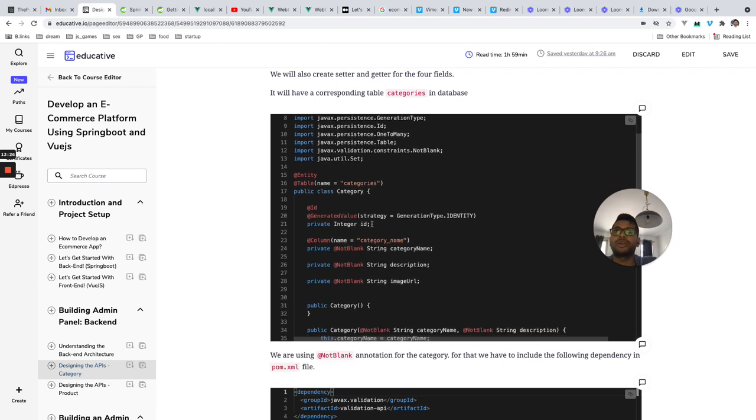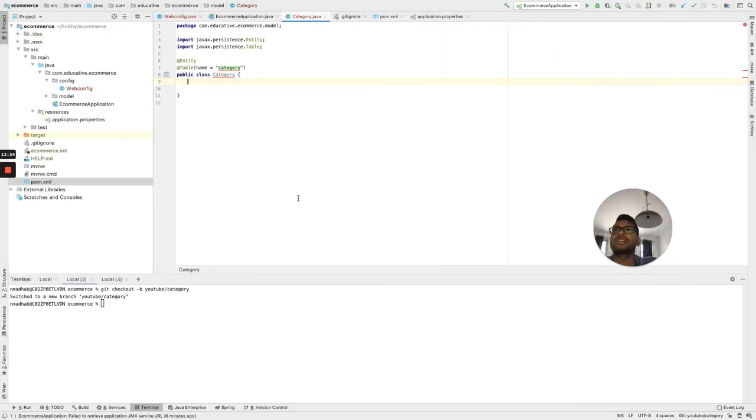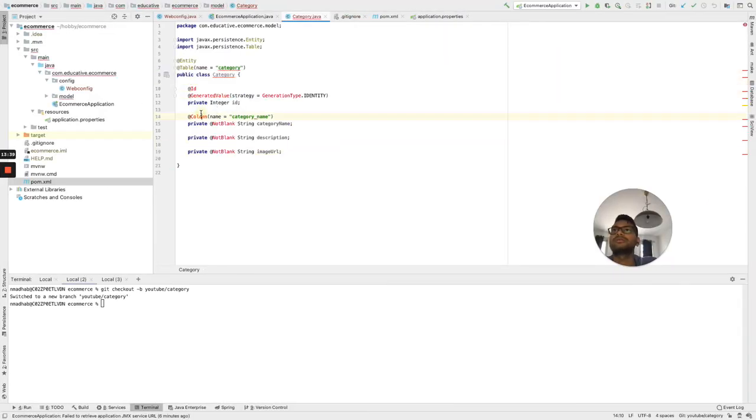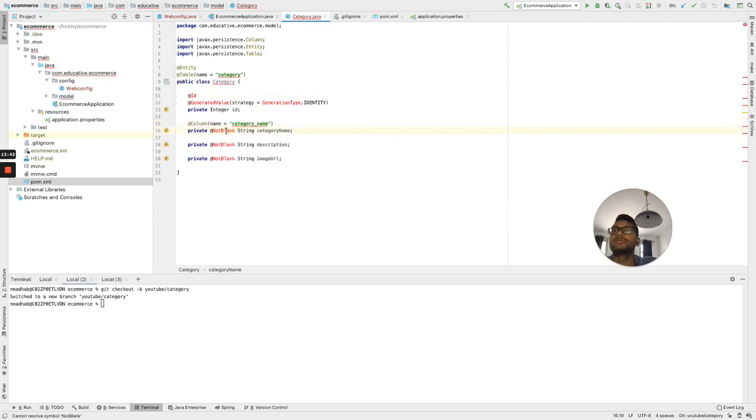It will have some attributes: ID, category name, description, and image URL. I'll just copy these four things here. We also have this annotation so that we cannot have a null category name or description.